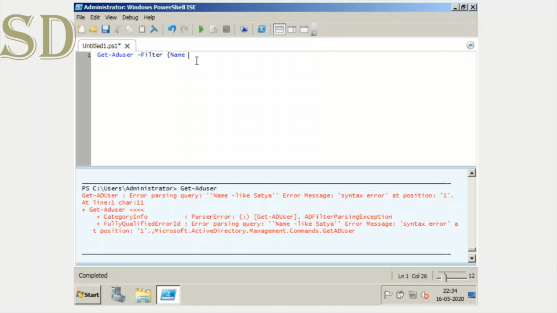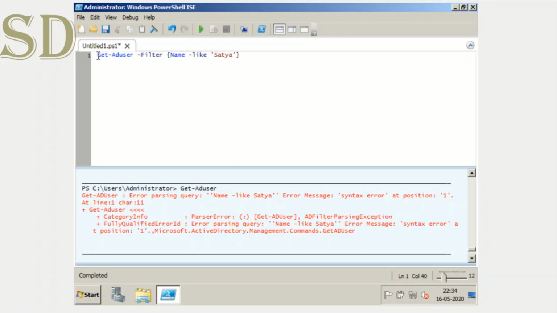I use them to stay on the safer side. I'll put a command which searches for any account which is like this string. I have put two single quotes over here, and these two single quotes specify the string between them.